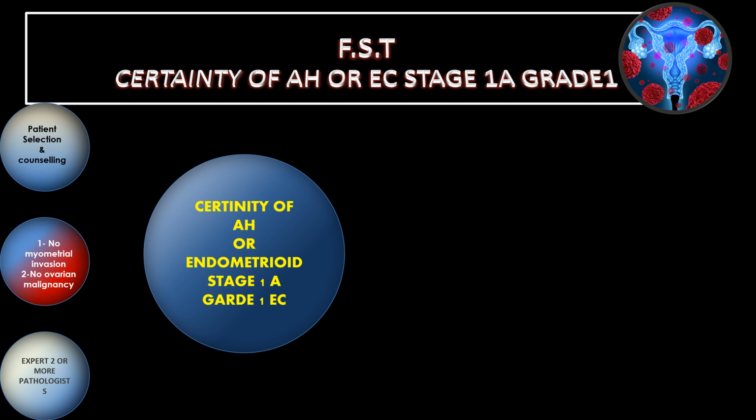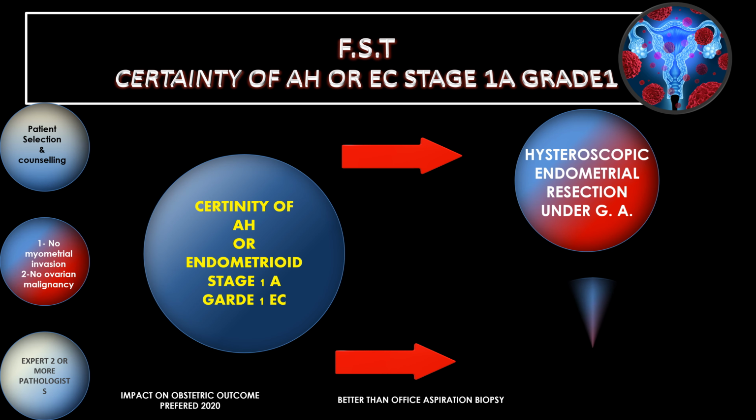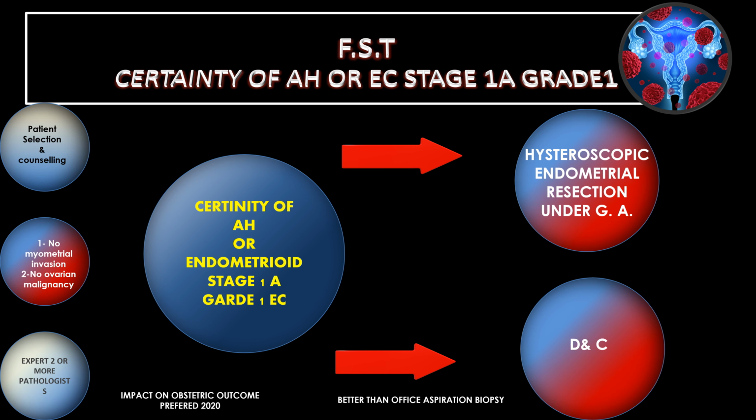The third aspect in fertility-sparing treatment is the certainty of endometrial hyperplasia or endometrioid stage 1A grade 1 endometrial cancer. How can we be certain about that? Through endometrial biopsy. The guideline mentioned that hysteroscopic biopsy is suggested based on its higher agreement with the final diagnosis compared with dilatation and curettage. So, we can assess the endometrial pathology through hysteroscopic biopsy, and I need to mention here